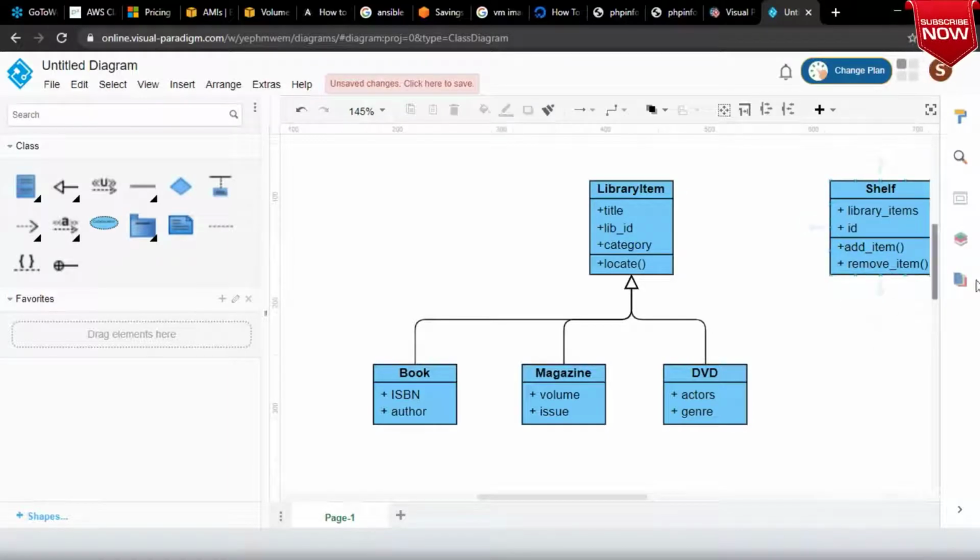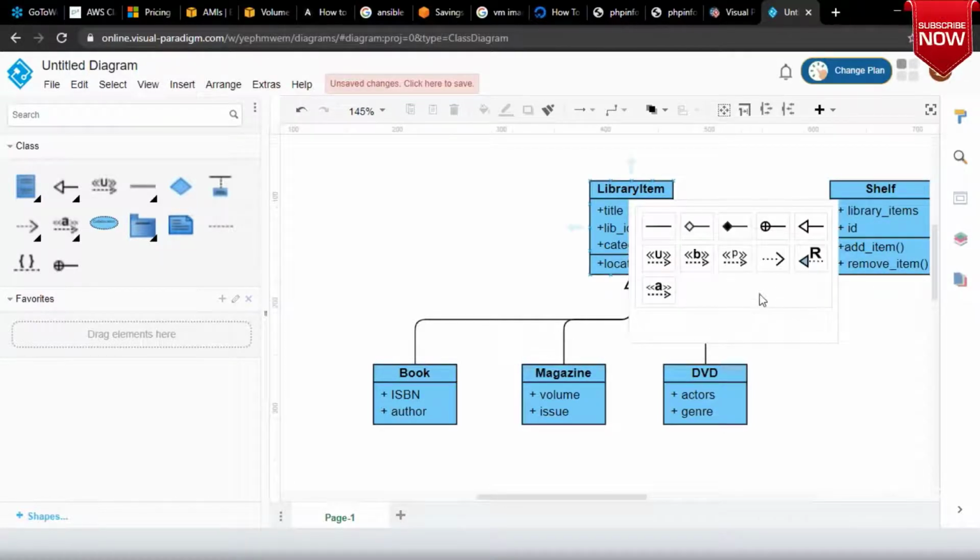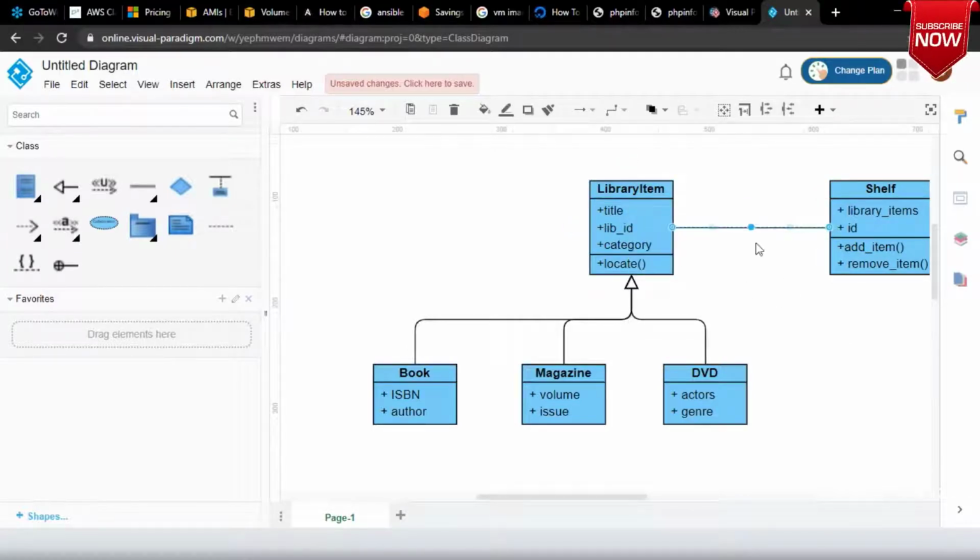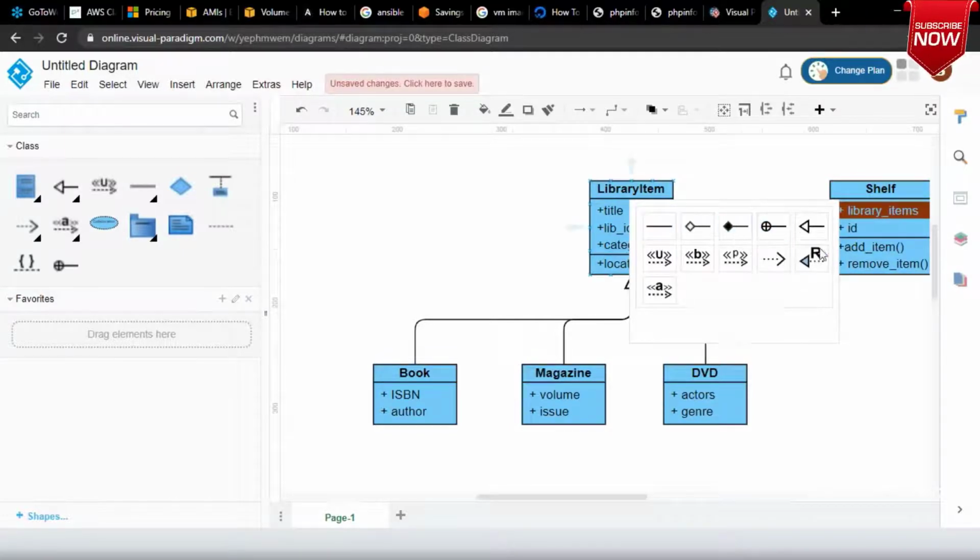Now, between shelf and library item, we have some kind of a relationship, right? So shelf and this, we have a relationship. What is that relationship? It is composition or, right? Let me remove this. Between shelf and here, I have relationship. Let us just have a look at it.